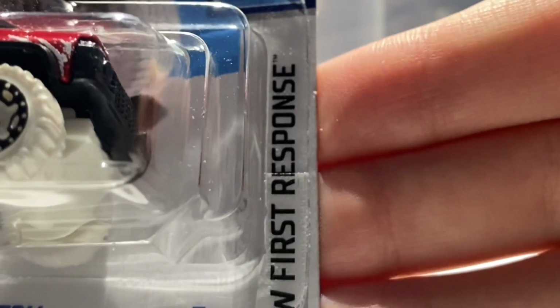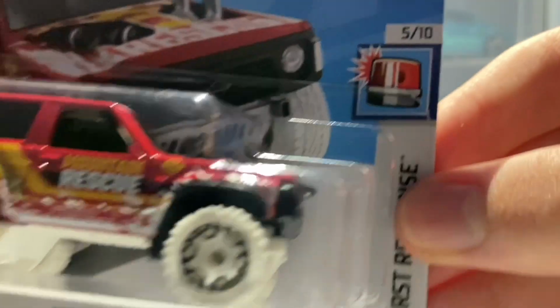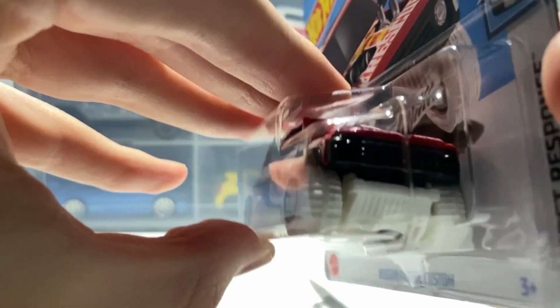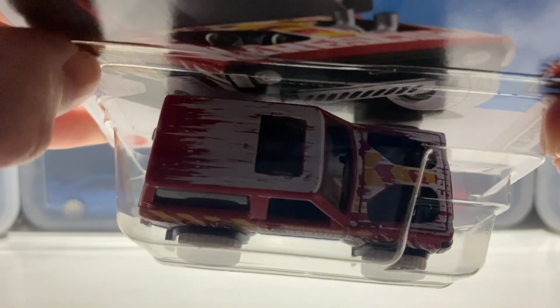I would also like to mention that this car does feature in the Hot Wheels First Response miniseries, and this car is number 5 out of 10 in that set. I would also like to mention that this car does receive side tampo work. It does not have any front tampo work, as you can see there, hopefully. It also does not have any rear tampo work, but it does have some top tampo work on there,